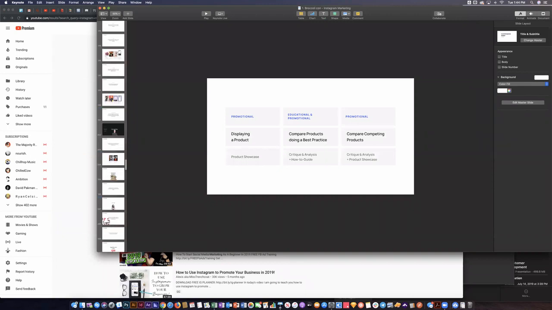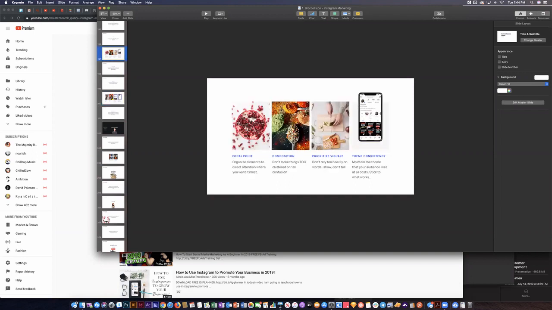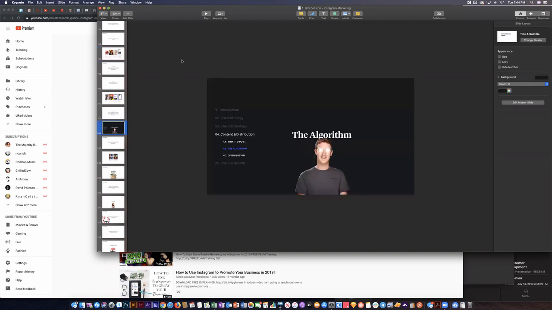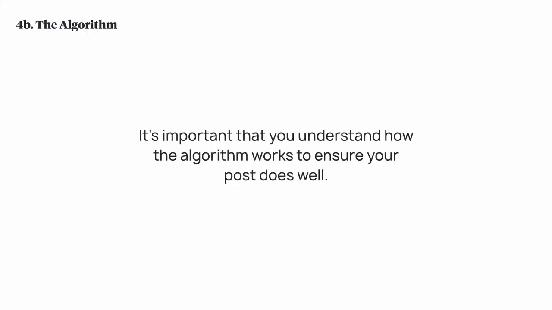Anyway, we're going to skip the rest of this, because it goes into a lot more of the actual specifics of how you can go about visually creating stunning content. Again, we can go through that stuff later, on your own time, when we give you the deck. But what's really important here is the actual distribution process of this. How do you go about making sure that your content is actually seen?